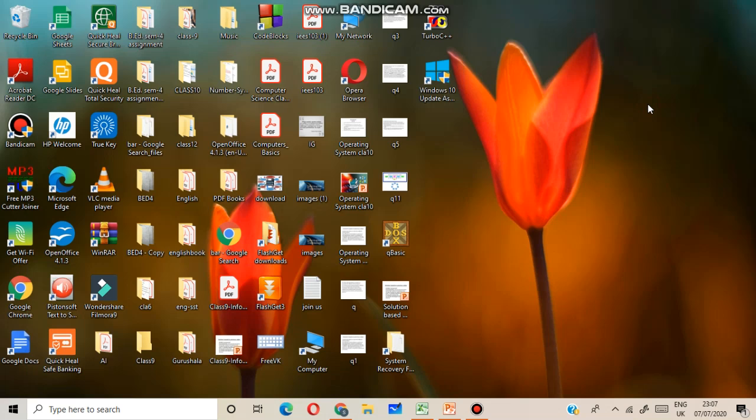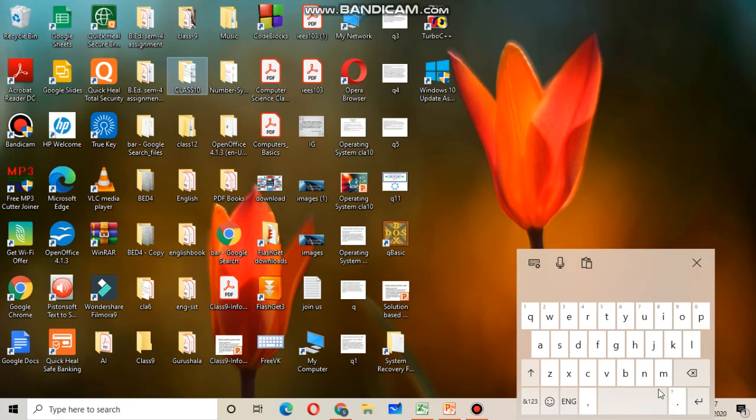Now next is selecting files and folders using the shift key or control key. Selecting file or folder using the shift key or control key. This is your keyboard.